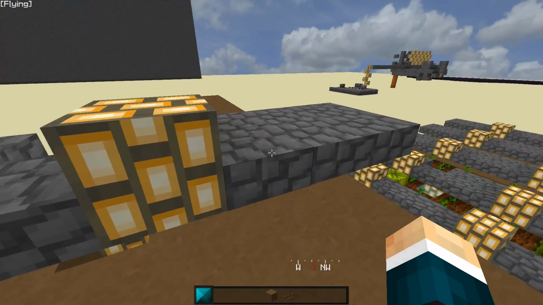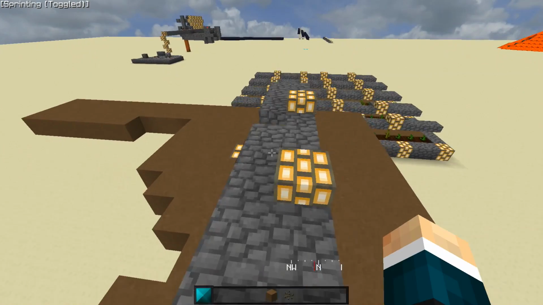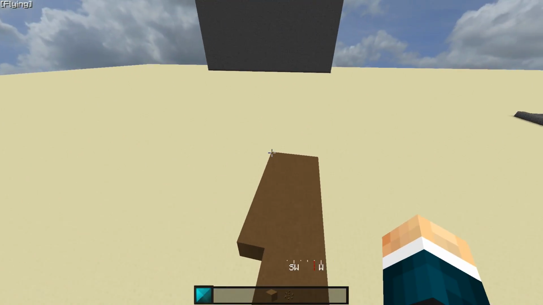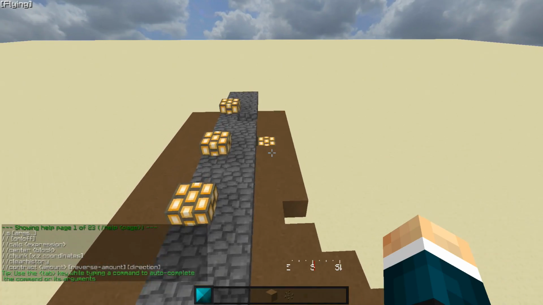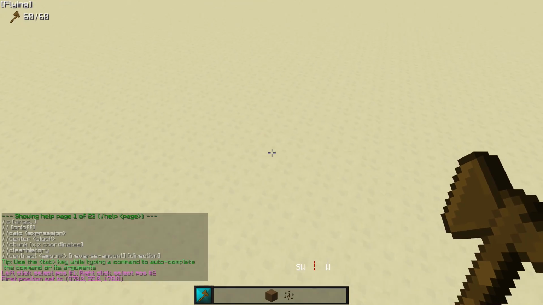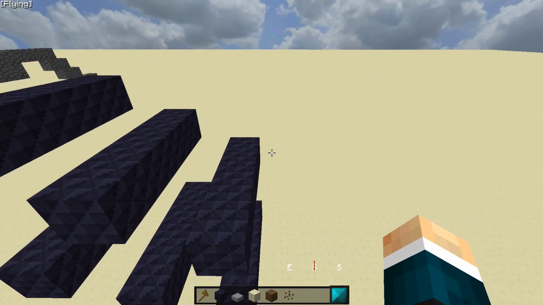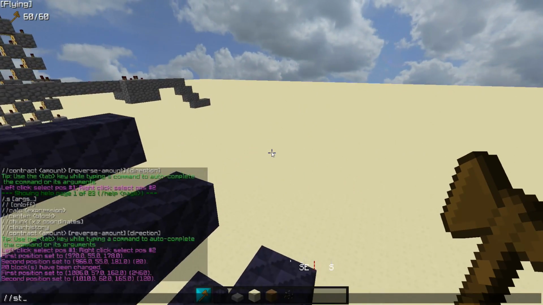So a way to do this is to go on a creative server or canon testing server. Those will have big plots and you'll usually get WorldEdit, but I have the WorldEdit mod installed. As you can see, it's in single player, but I can still get the wand and change stuff. So using WorldEdit will just make it much easier to get the full size schematic, because you can just stack it up,